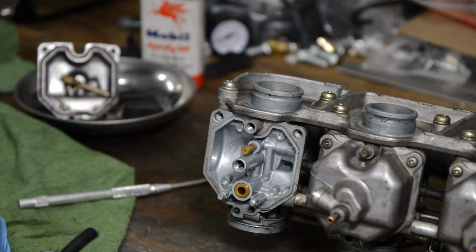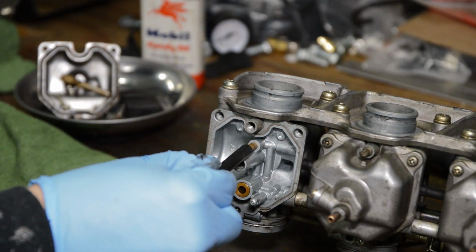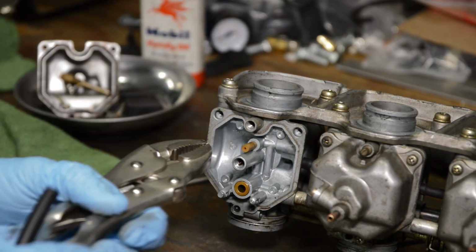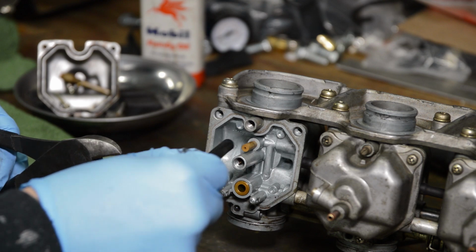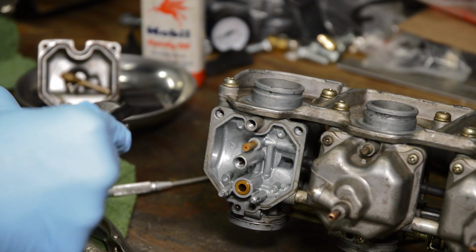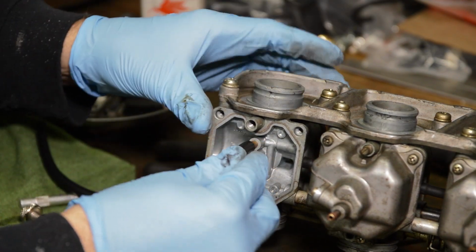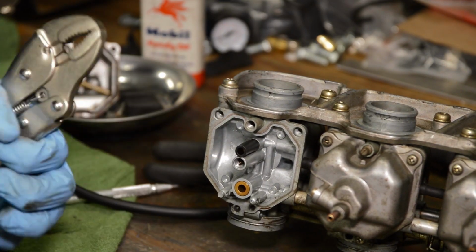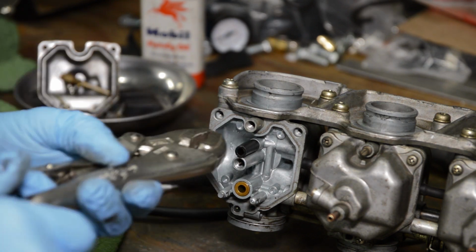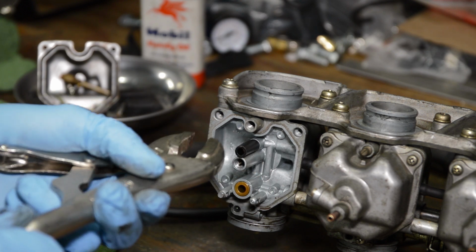Okay, how we're going to get this out is we're going to slide a piece of tubing over this and then clamp down on it with vice grips and wiggle it out. So I'm just going to go a little longer than the jet. Just like that. Now we're going to put vice grips on this and clamp it down. The reason for clamping over the rubber hose is so we don't damage the jet,